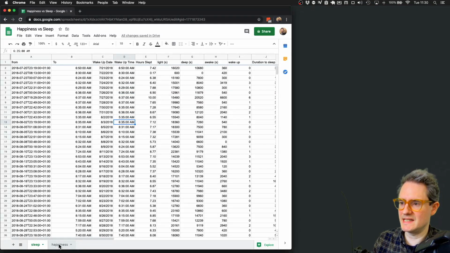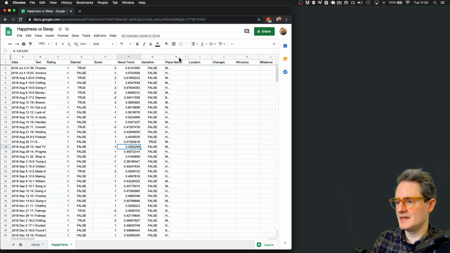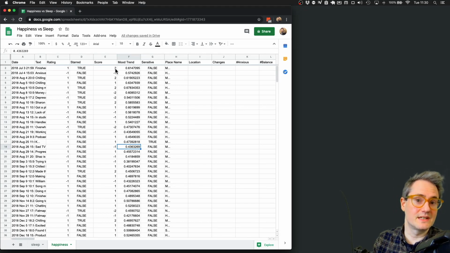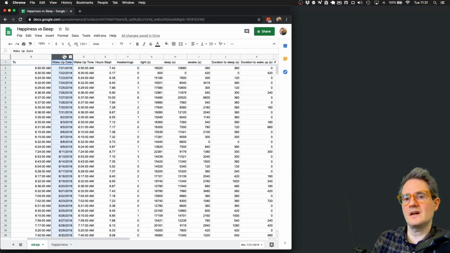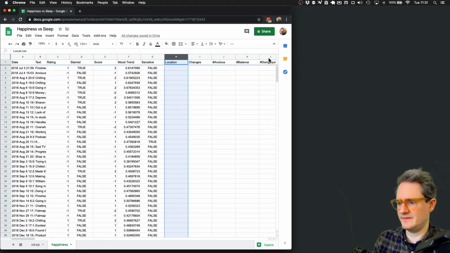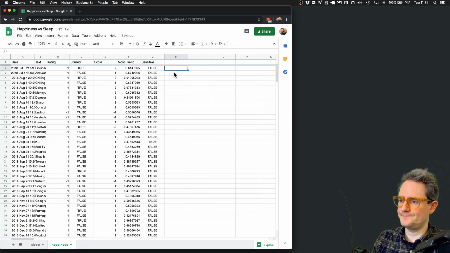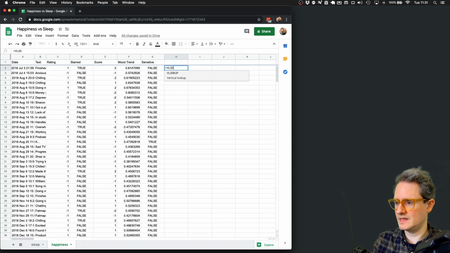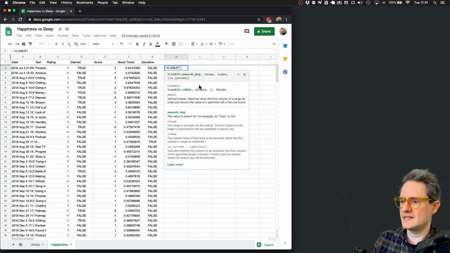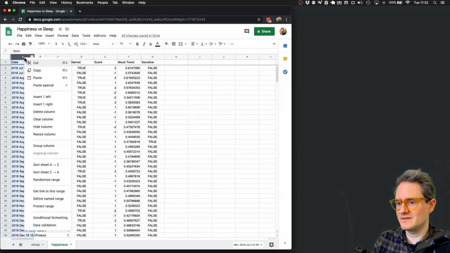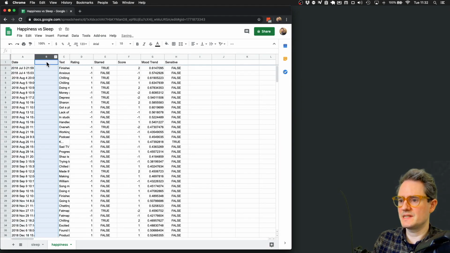Now this gives us the ability to do some VLOOKUP stuff. For each of these diary entries, we're going to look up how many hours sleep we got the night before. So we're going to do a VLOOKUP on this wake up date column, and then you can offset what you look at. Let's add in a few columns here. Insert 5 left. Now we're going to do a VLOOKUP, and what does this take? This takes the search key, which is going to be, well, we need a date. So we want to go through that song and dance one more time. We insert one right, just the